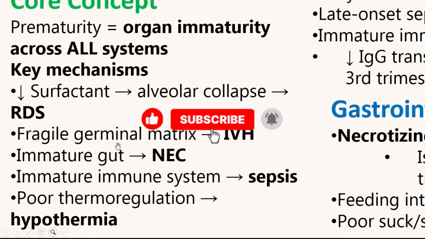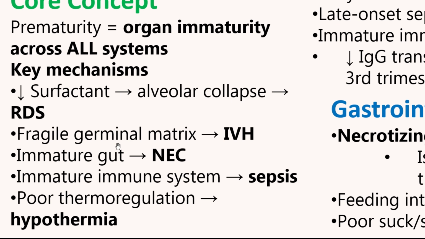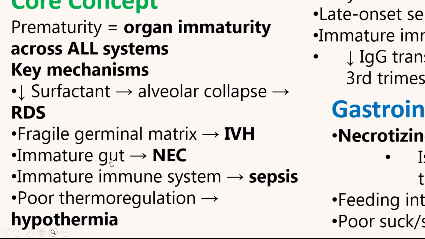Now, the germinal matrix is a group of blood vessels that are found within the ventricles of the brain of the developing fetus. So at one point, those vessels disappear or they regress, but in a preterm child, they are very, very prominent. And because these vessels are young, they are immature, the stress this baby undergoes actually leads to intraventricular hemorrhage. And this is going to be a very, very common cause of seizures and abnormal posturing, and then eventually death in these children.